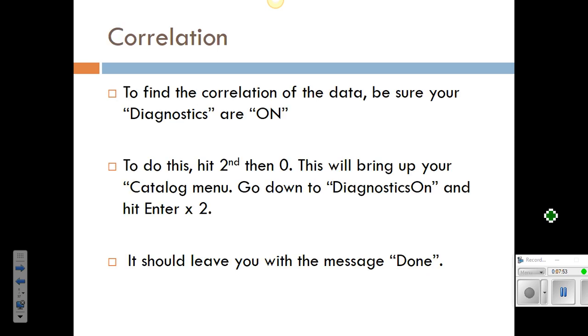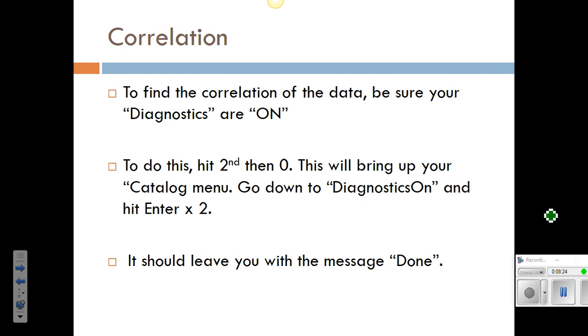All right, before we get started, we need to make sure that your diagnostics are on in order to find the correlation. You talked about the correlation within the video this past weekend. Make sure that your diagnostics are on. You can do that a couple ways. Make sure you write down these steps. These work regardless of your calculator type. If you do second, 0, and then you want to look at the catalog menu, you go down to the D's for diagnostic on. Make sure you press enter twice once you do that,